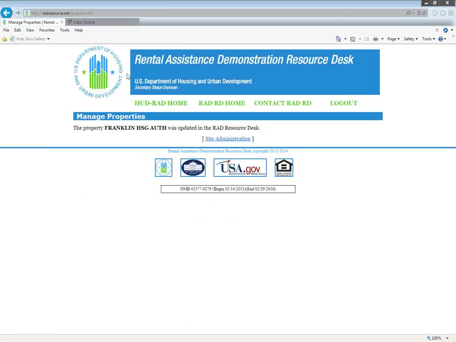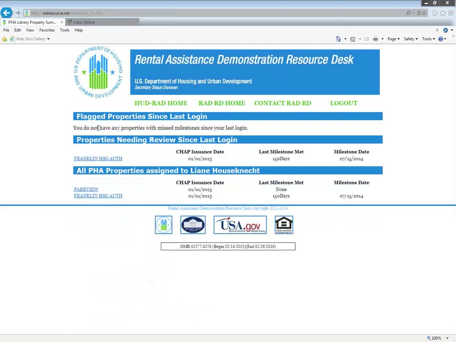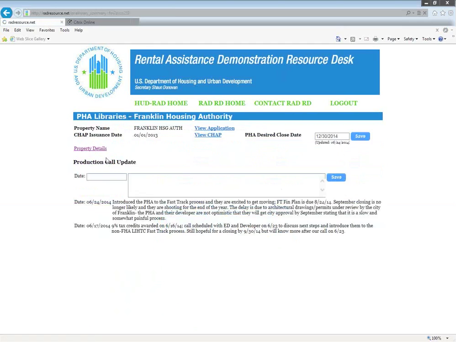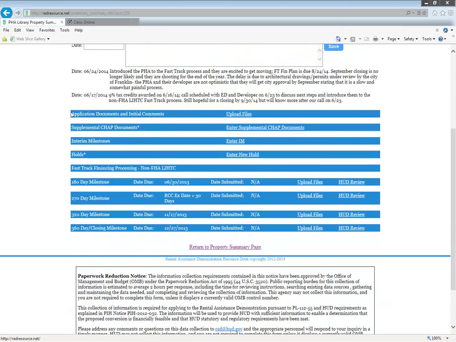And then we'll go back out to the project. Remember, if you don't get this, it didn't update. Yeah, great reminder. Go back out to Franklin. And then we'll scroll down, and you'll see all my 30, 60, 90, 150-day milestones are gone. And I've got this 180. So Robert, if you click on the upload files,